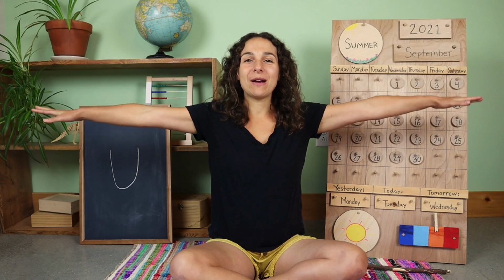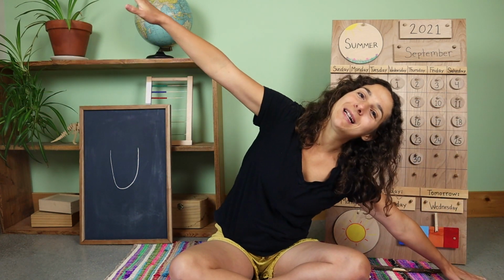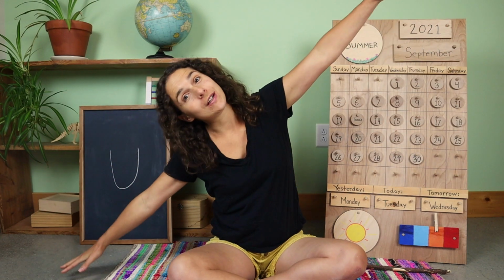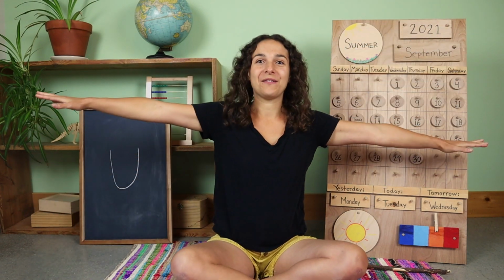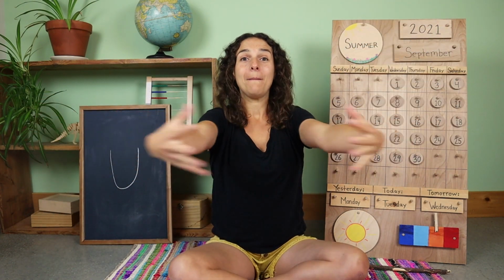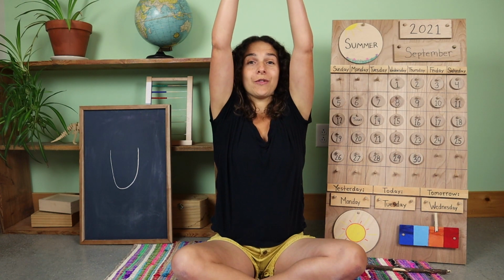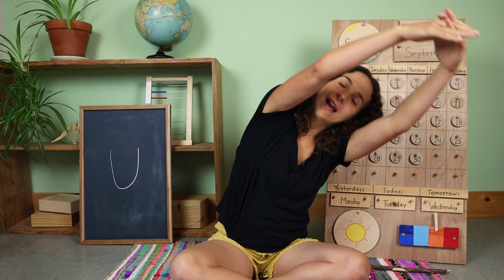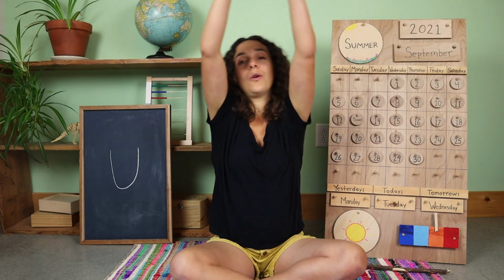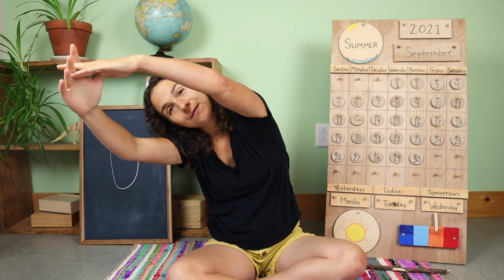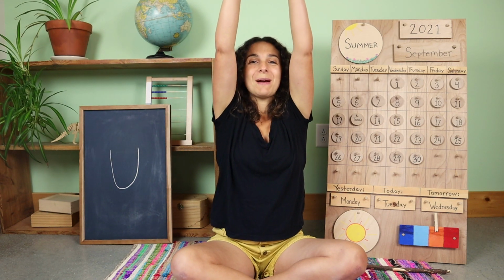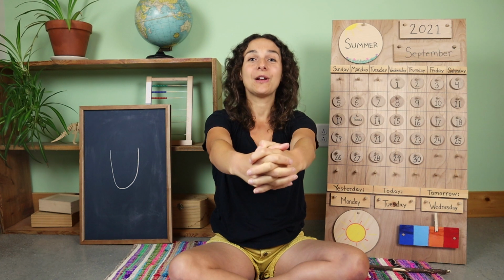Stretch your arms out like airplane wings. We'll fly to one side, over to the other side, fly back to the middle. Big stretch out in front. Now take the circle up over your head. We'll fly on this side, over to the other side. One last time up at the top. And now let's bring the circle back down and sing.